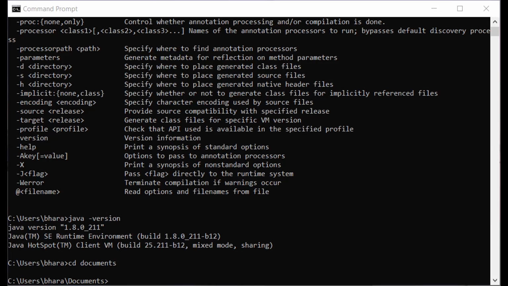Now we will execute the program. First we will compile the Java program.